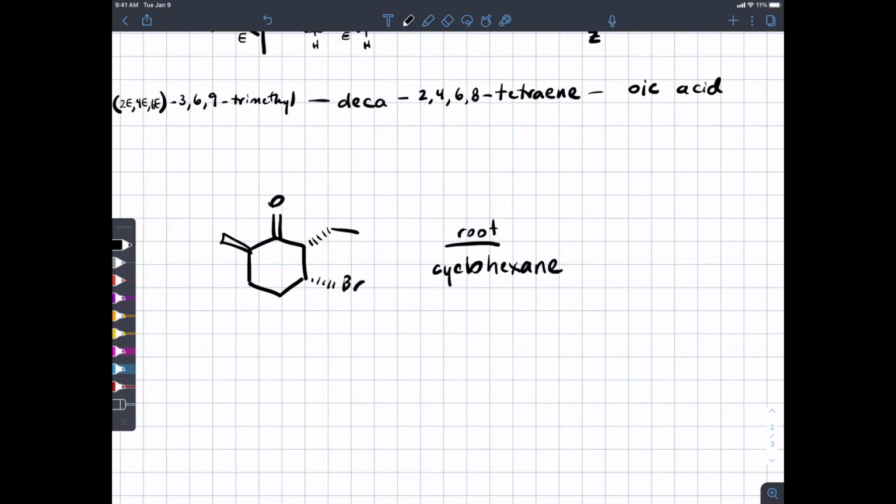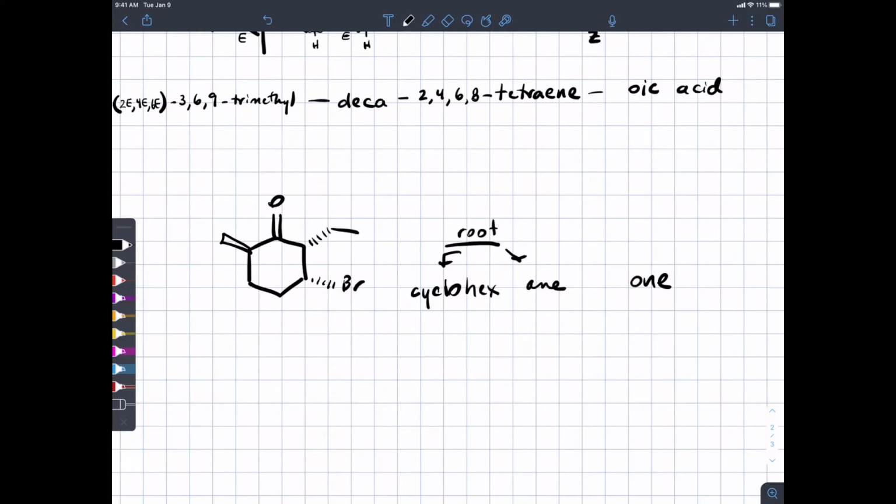If there were any double bonds, we would use ene instead. So part 1 is cyclohex. That tells you it's a 6-membered ring. That's the number of carbons, and then ane is the appropriate second part of the root because there are no double bonds. The highest priority functional group here is the ketone, so again we're going to use one, and we're going to number around the ring,